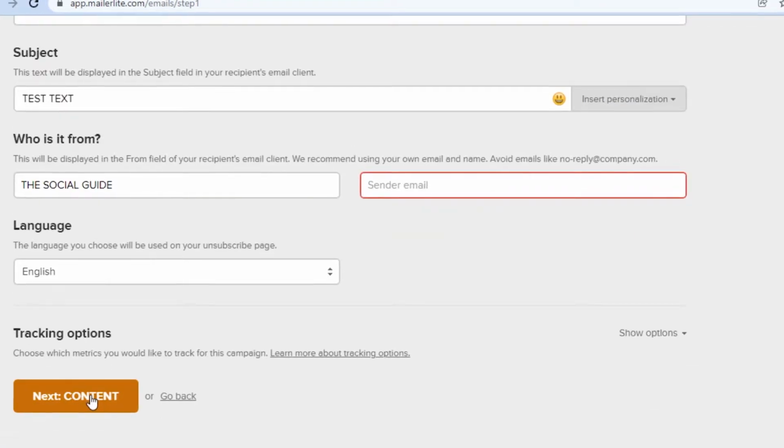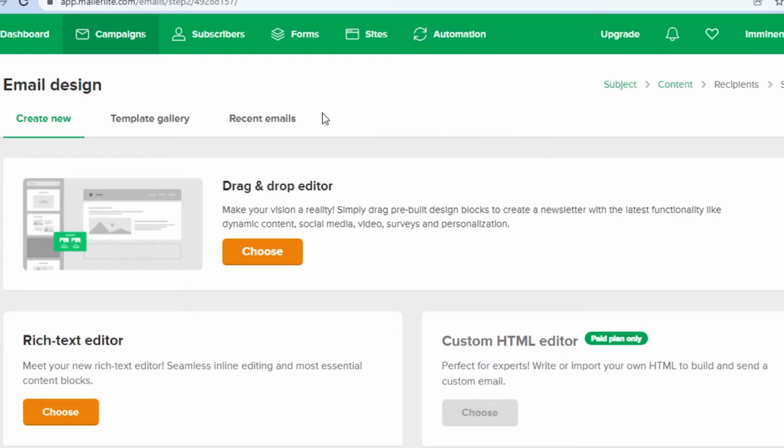Simply click on next. Now you have to select the type, the editor that you want to work with. You can go with a drag and drop or you can go with a rich text editor. So it depends on you. I am going with a drag and drop because it's a little easy for me to work with. You can also choose a drag and drop because it becomes really easy to just drag and drop the different